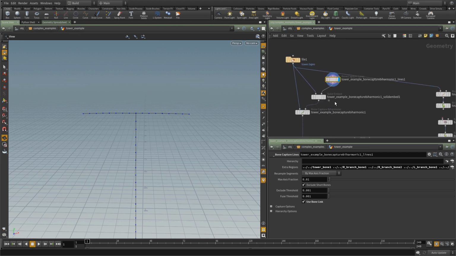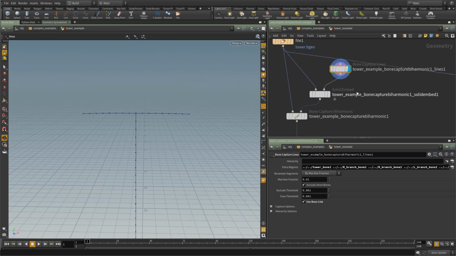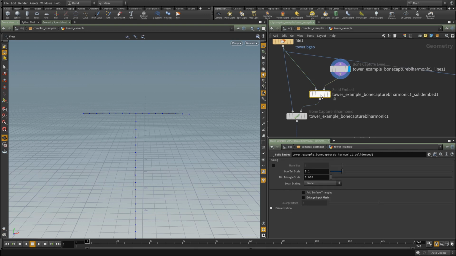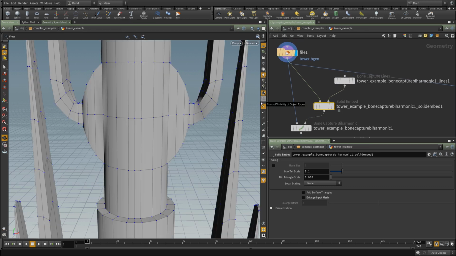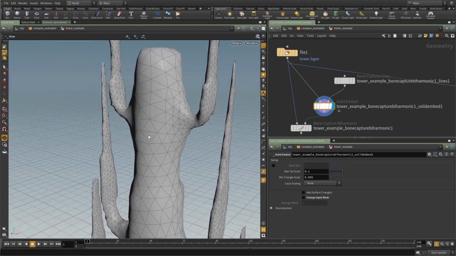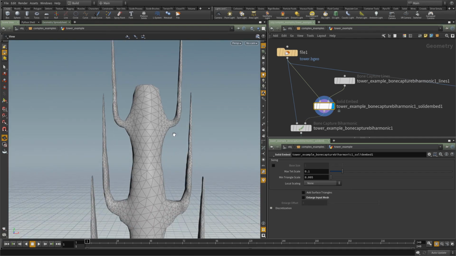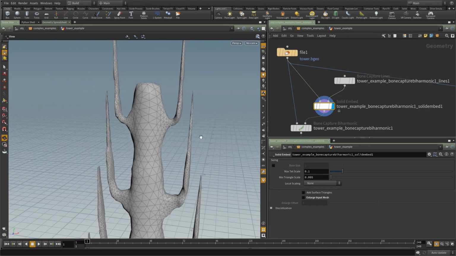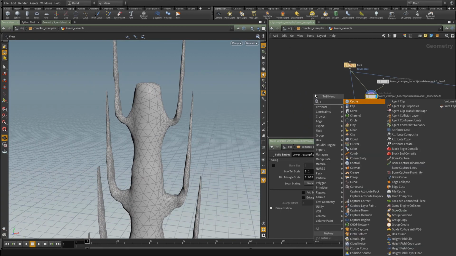The second step is to use this thing called a solid embed. And what this thing does is it creates a tetrahedralization of our mesh. So it takes this mesh and it makes tetrahedrons to fill this volume. So we can see that just by turning this on. And this is what took a little time earlier. So now we can see that we have a tetrahedralization of our mesh. And if I use a clip SOP,